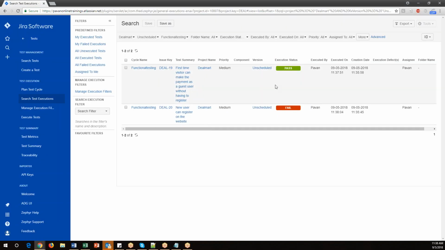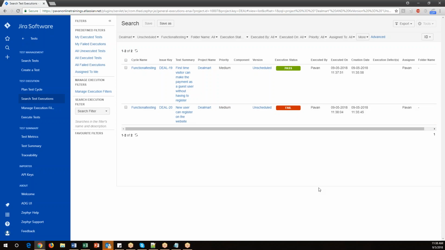Means we have updated the status for those test cases. So now it is done. Similarly, we also have to add all the test cases and the plan for execution and update the status. Now, if you want to see the complete status, like what the project is, how many test cases we created,